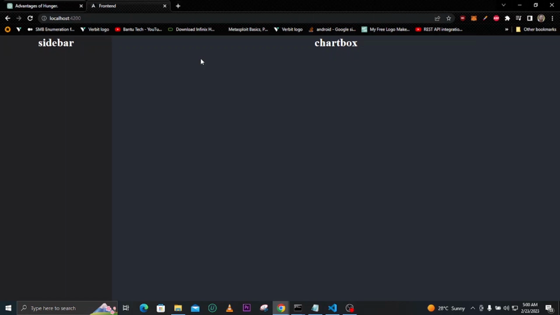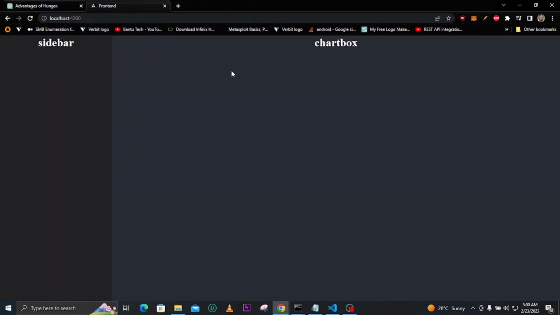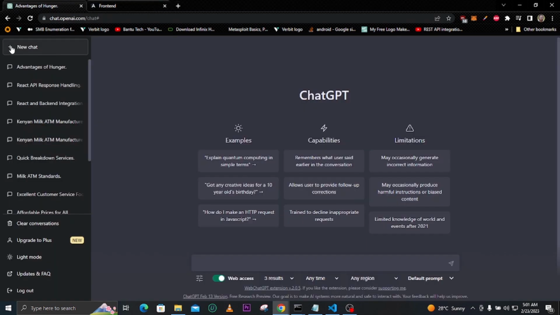So in our last video, we created this interface here because we started creating our front end. And you can see right here now, we have something that's starting to look like how ChatGPT looks. So we'll proceed from here. In this video, I want us to create this button here that has this plus sign here, and also that